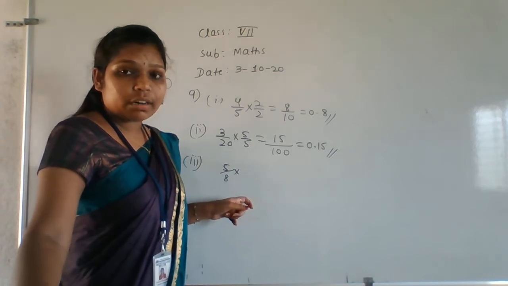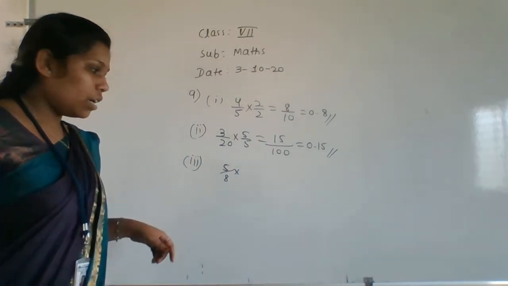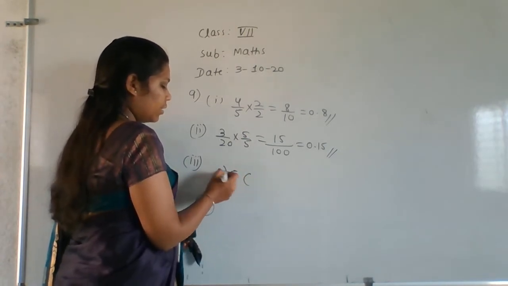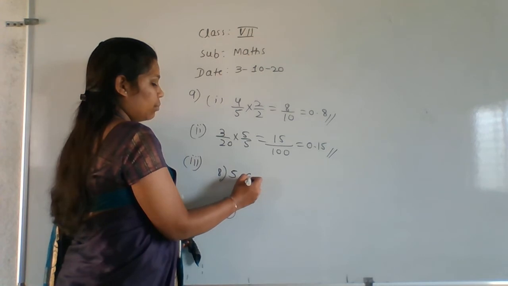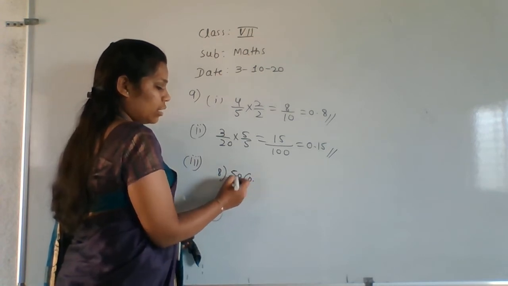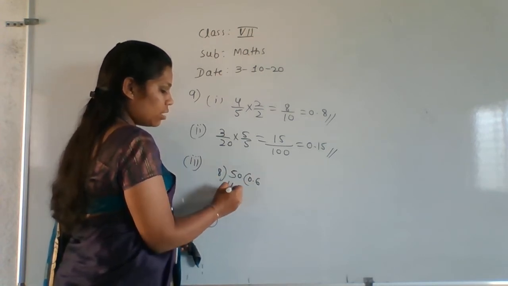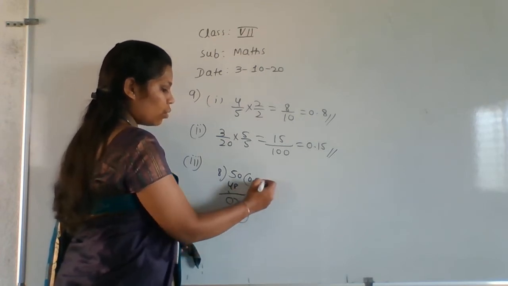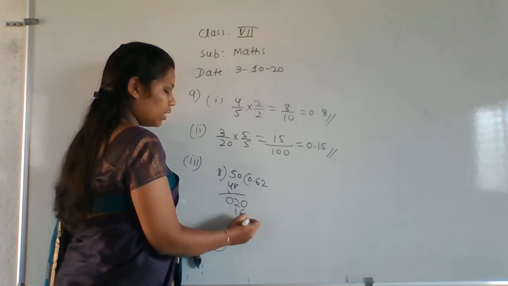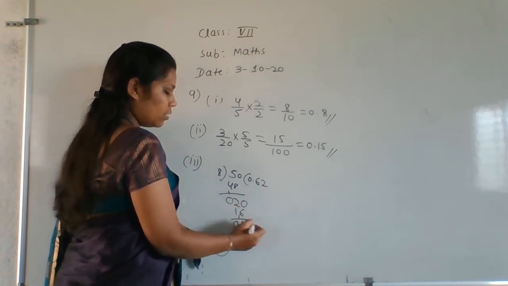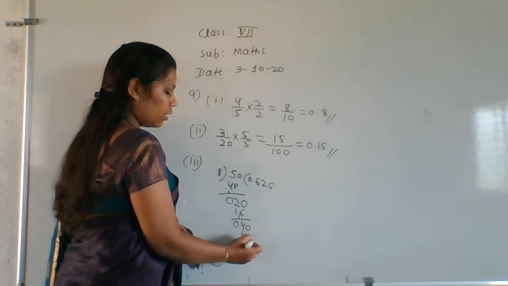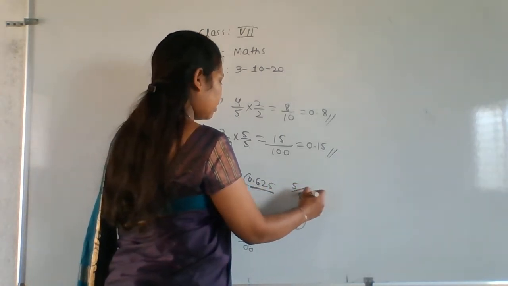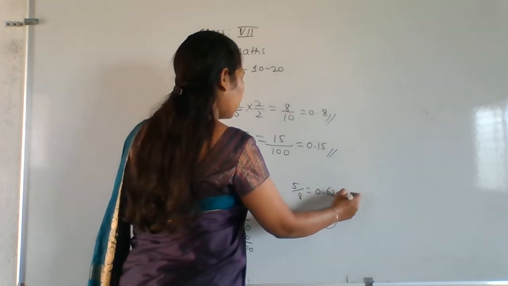Then what do we have to do here? Do the division only. Okay? Do the division. That is 5, here 8. 8 means take a point and 0 here. 8 6s are 48, 4 carry. And again for that one taking 0. 8 2s are 16. And again 0. 8 5s are 40. Okay, so what is the last value? That is 5 by 8 is equal to 0.625.